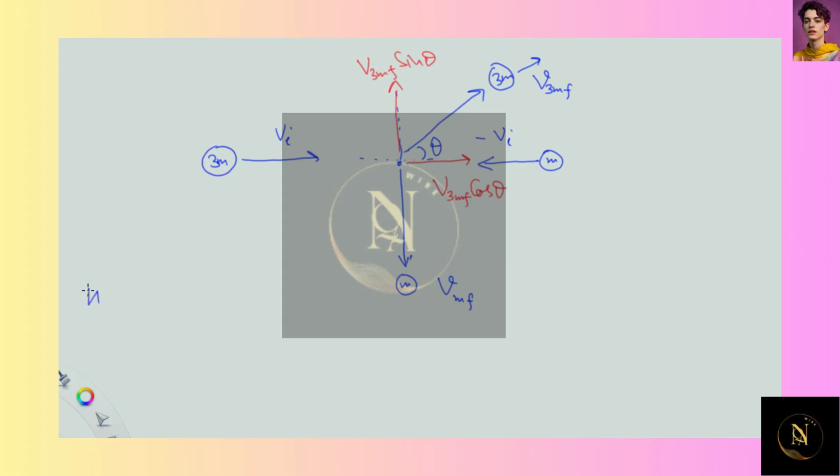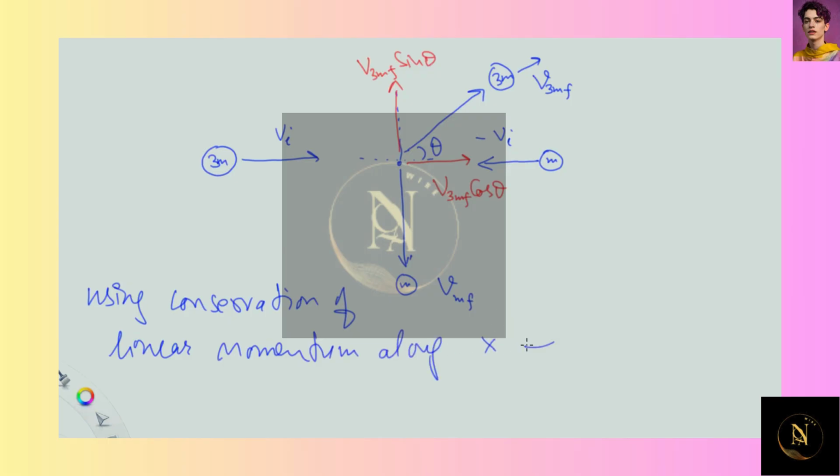So, using conservation of linear momentum along x-axis, the momentum of this particle of mass 3m, that is 3m into vi,